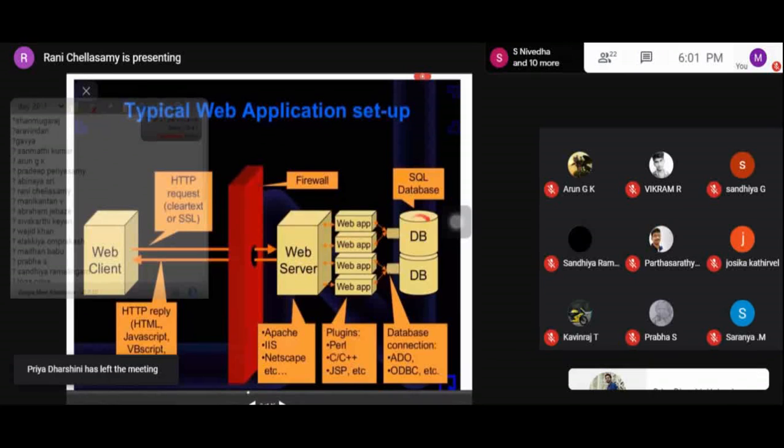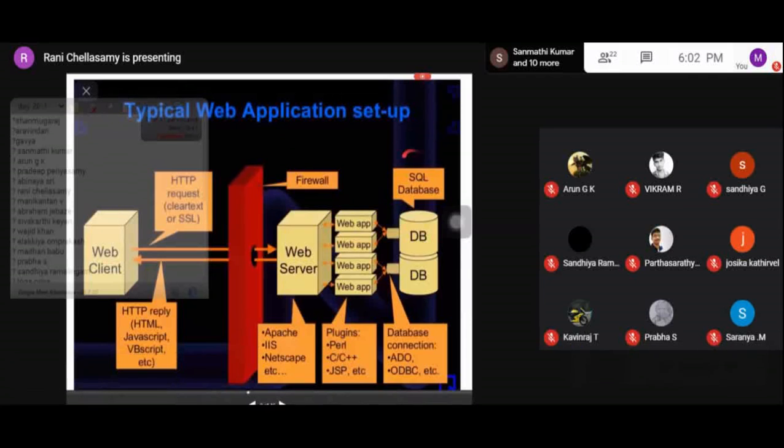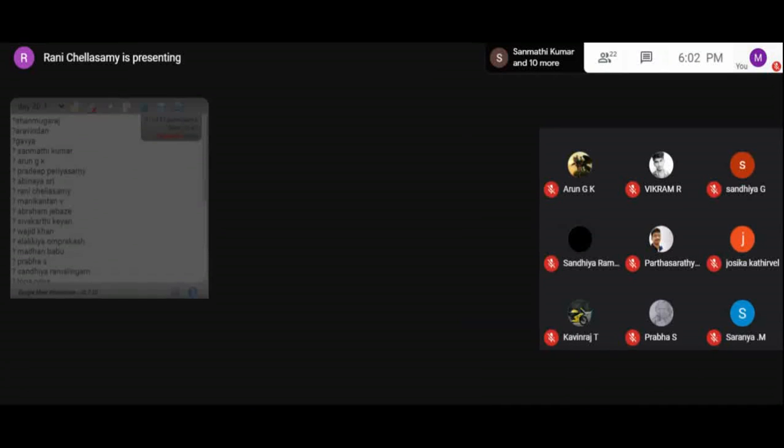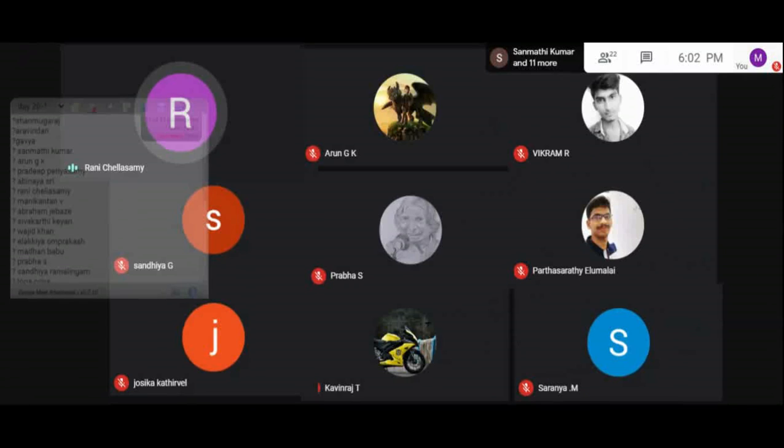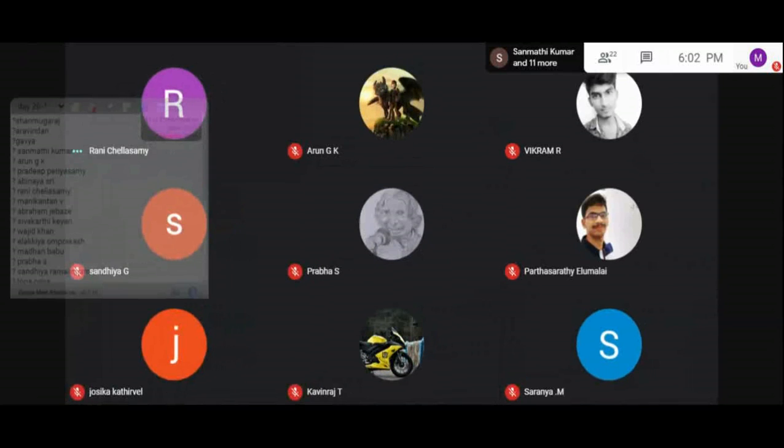Here the web client sends the request in the form of an HTTP request, and the reply is an HTTP reply. The HTTP request will be in plain text, that is clear text, or SSL, and the HTTP reply will be in the form of HTML code, JavaScript or VBScript. Okay. The request passes through the firewall and finally reaches the web server.